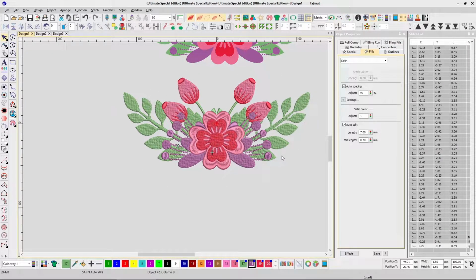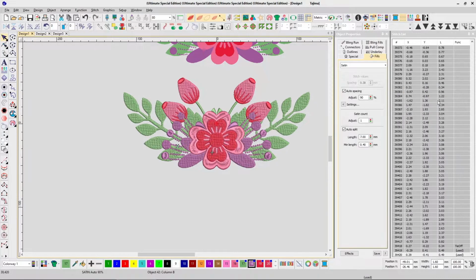So this is the digitization. Now again, digitization is not completed here. These are the number of stitches, all the stitches. For example, you can see the first step for the machine will be start, the second step will be this x coordinate, this y coordinate, and the length of the stitch will be 1.99 mm. So a 2 millimeter long stitch is the first stitch, and so on and so forth. And then here is a list of all the 40,000 stitches required to create this design. That is point number one.